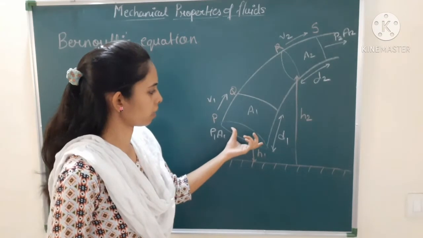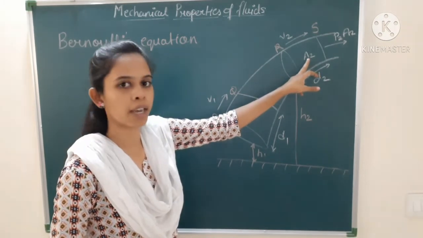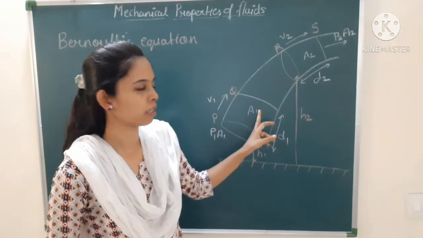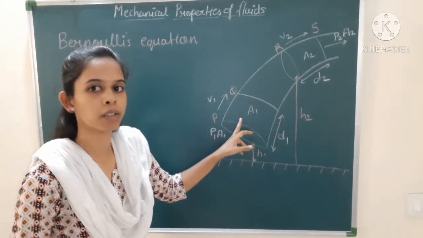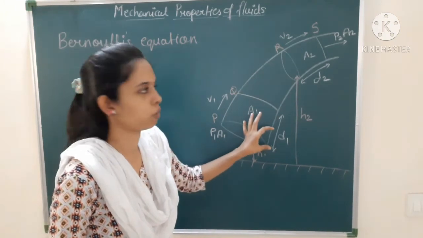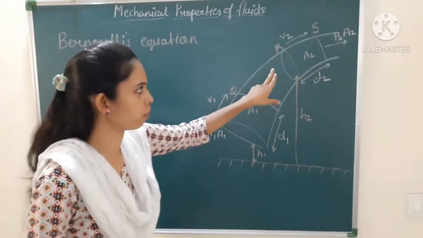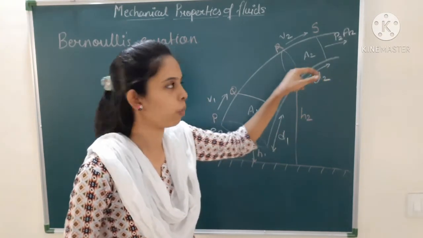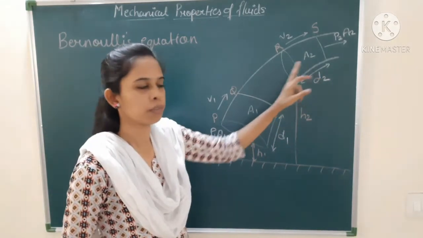So here again, this is the broader side and this is the narrower side, right? Here you can see that this is the wider part, having area A1, and over here it is having area A2. So this is the narrow part. So what will happen if the liquid starts entering in this? There is a difference between here and here. In the wider part, the liquid molecules travel very slowly as there is so much of space over here. Over here it is a narrow part, so the molecules of the fluid will start flowing quickly from here.